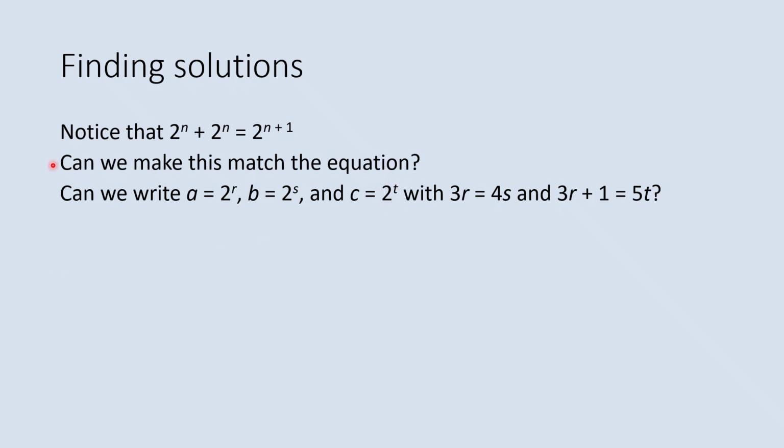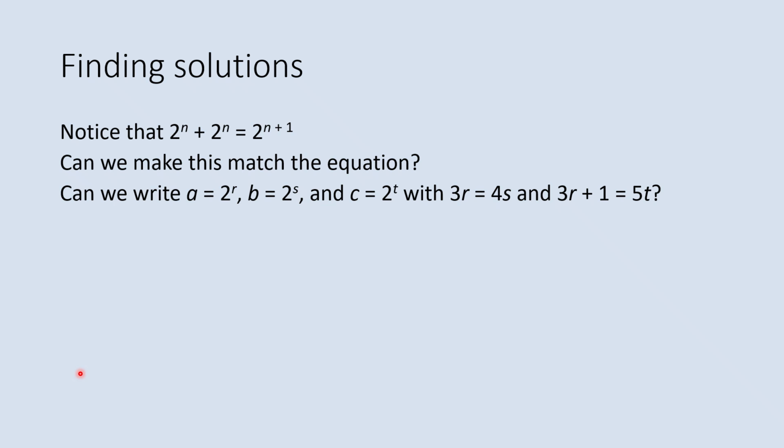So the idea is that to make this match the 2 to the n plus 2 to the n equals 2 to the n+1 situation, we would need 2 to the r to the third, which is 2 to the 3r, to be the same as 2 to the s to the fourth, which is 2 to the 4s. So 3r has to equal 4s because these two values are the same. And then one more than that is 2 to the t to the fifth, or 2 to the 5t power. Okay, so there's some algebra in there